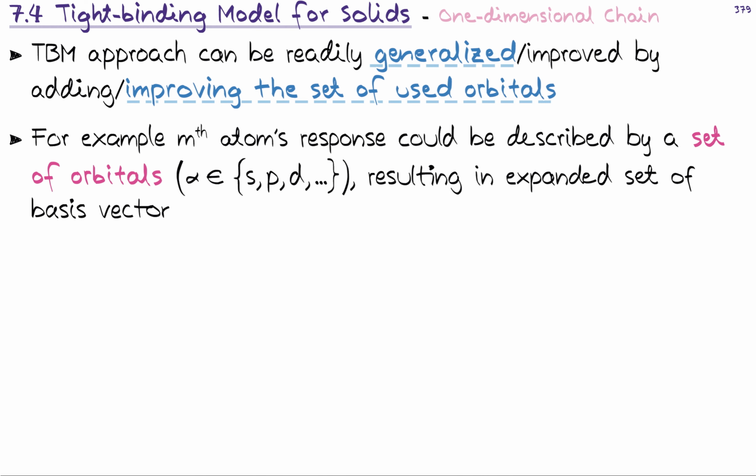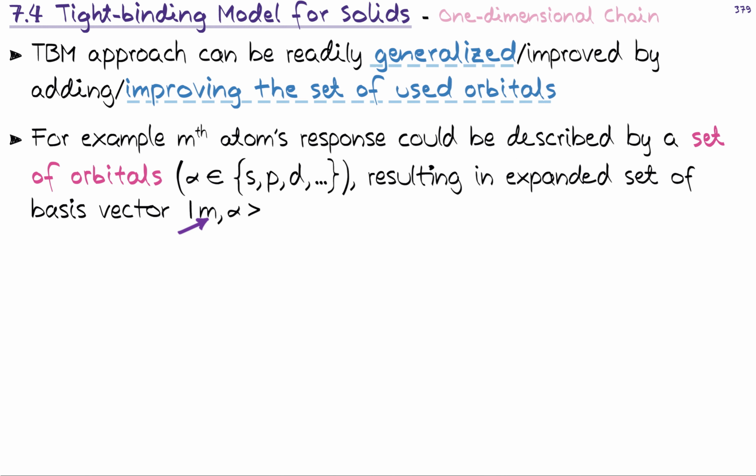And this, of course, would result in an expanded set of basis vectors. So instead of just using bras and kets of m, we should then also specify in which orbital we are thinking the electron is, since there is a possibility that the electron would be in many different orbitals. And please let us be clear here. We assume that the electron of interest is localized in nature. We are trying to understand dielectrics here.